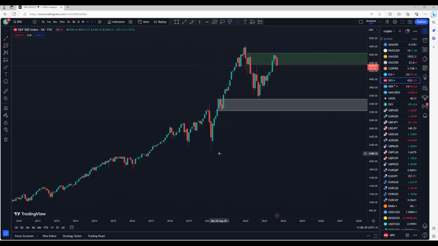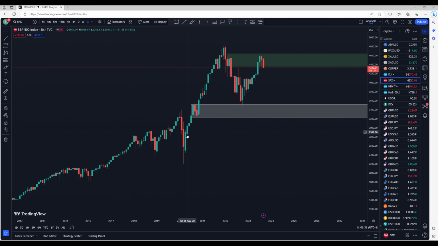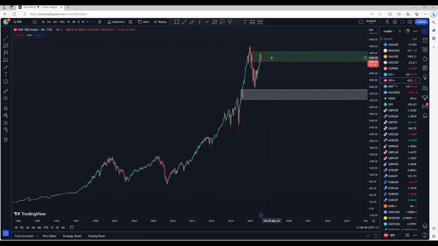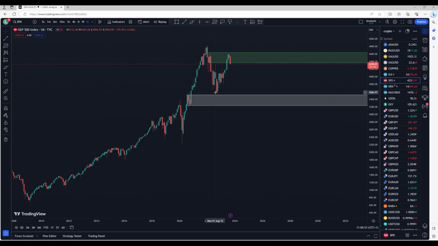One of the members in there asked me to talk about the Nasdaq, the S&P. I'm just going to get straight into the analysis, but you can see we've had a pretty decent run up. If we zoom all the way out, this is a very, very strong move up, but you can see the parabolic nature of the way that the S&P has been moving. And obviously when it peaked at all-time high, it was a pretty aggressive drop. This was expected. I spoke about this a while back, and then we've had a pretty decent run, and now we're getting a little bit of a response.